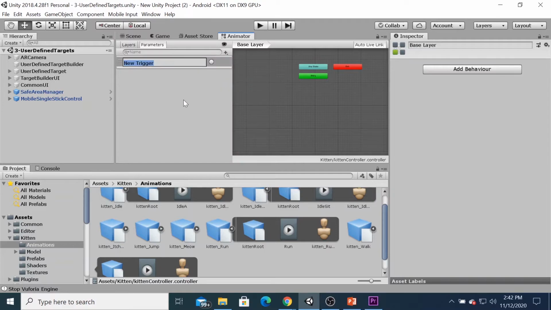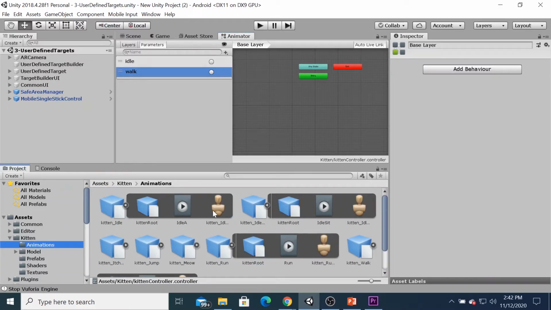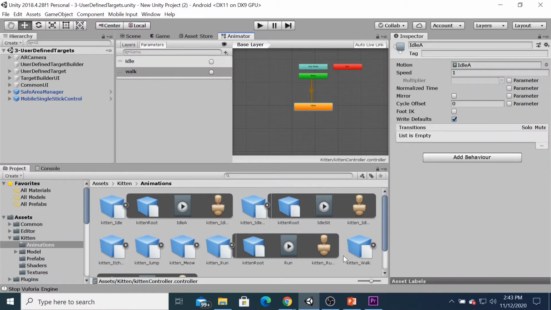Select the trigger. First is idle. Second one is walk. Then you have to find the animation of the kitten. From the kitten, select the animation. You can find the kitten idle, drag here, and also kitten walk here.